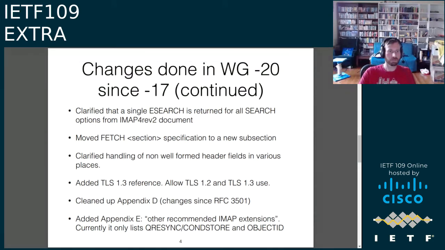Yes, there were a few more things. We had discussion at the last IETF about whether to clarify that each search with the currently specified options like MIN, MAX, COUNT, and ALL is allowed to return multiple search responses that have to be amalgamated, and now the document says that that's not allowed.